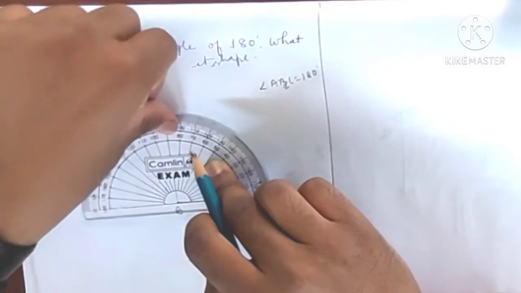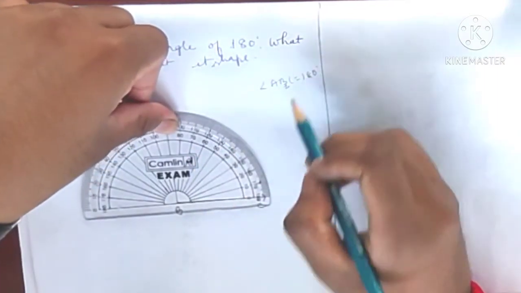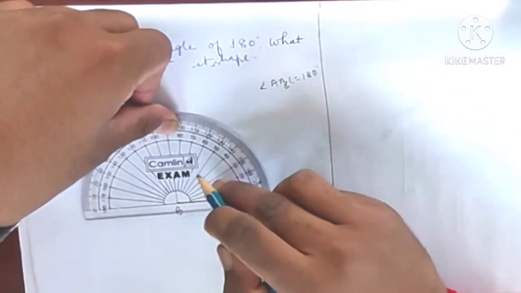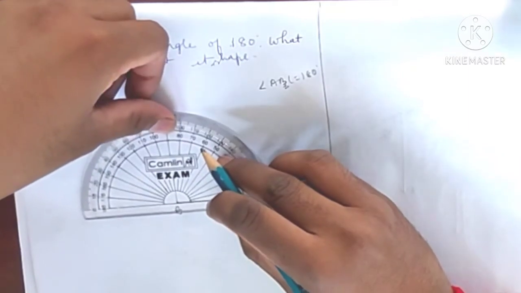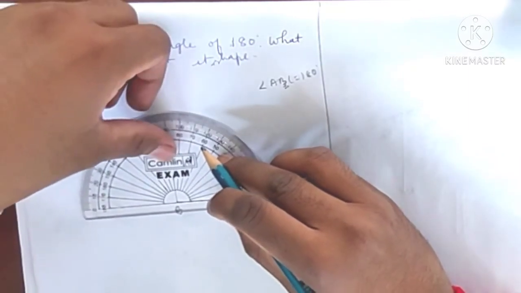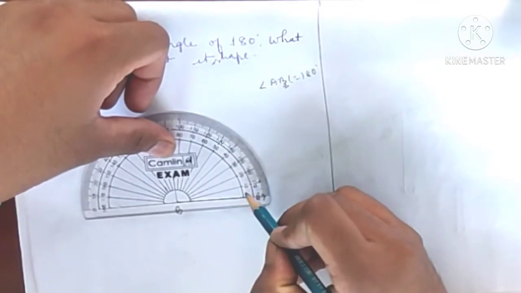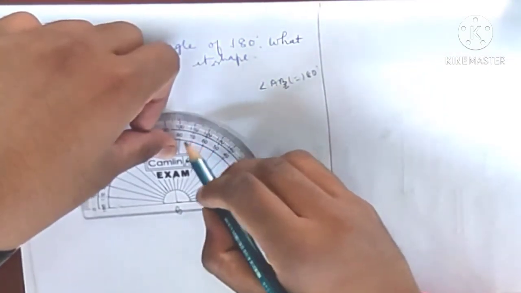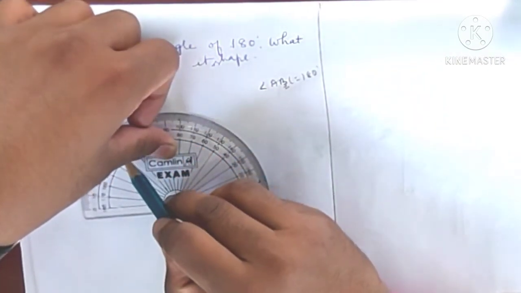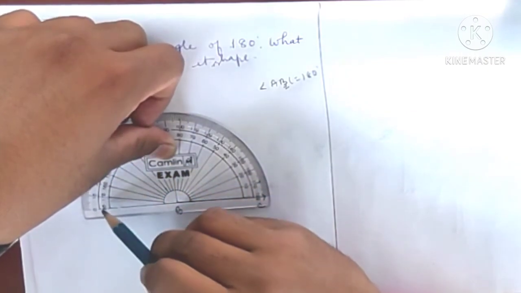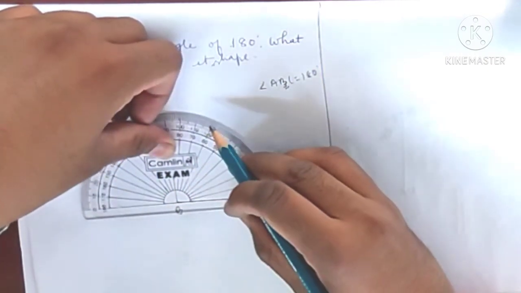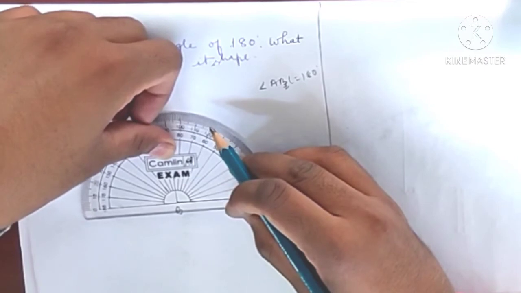What I am going to make next, you see, it is equal to 180 degree. That means the angle should be equal to 180 degree, and I have to find it here. So again you find it like we have done earlier: 0, 10, 20, 30, 40, 50, 60. Where is 180 here? 120, 130. I think I have got it here, so this is equal to 180 degree.